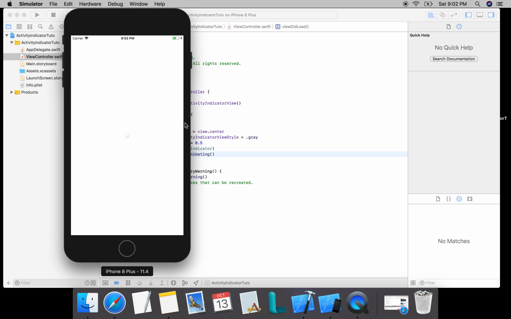So in this tutorial we have just added the activity indicator, but in the next tutorial we'll be adding more functions, like I'll stop it, I'll start the activity indicator, and I can even change the activity indicator to not just gray or white, but to any color I need. So all that will be covered in the next